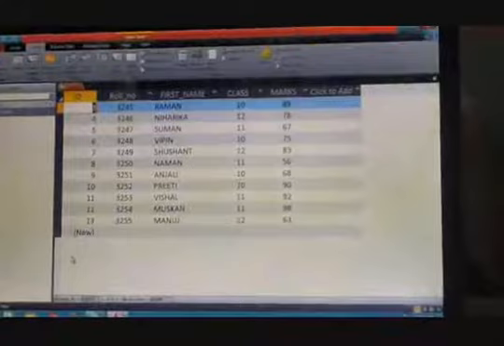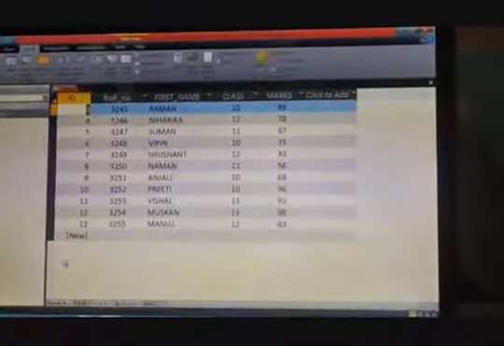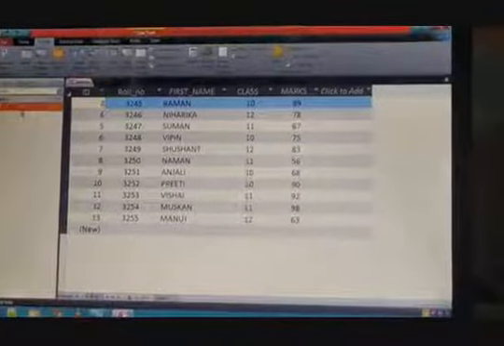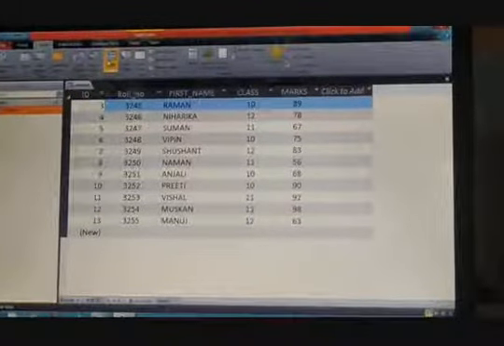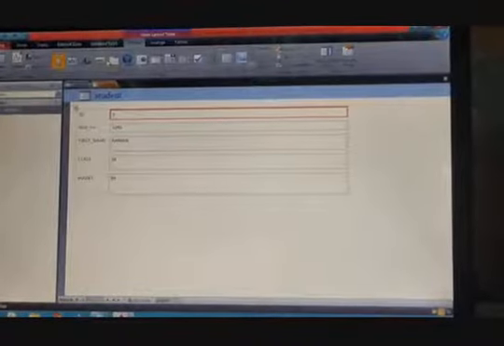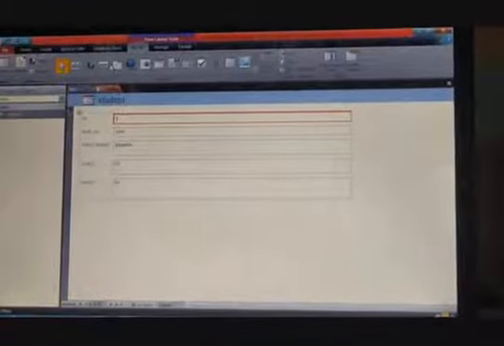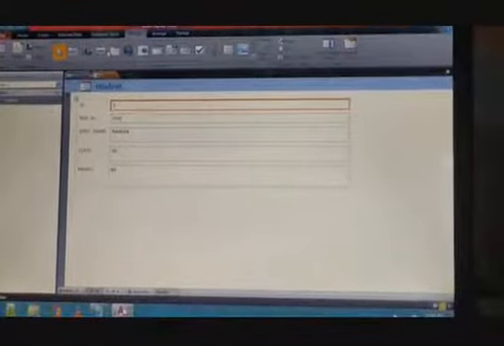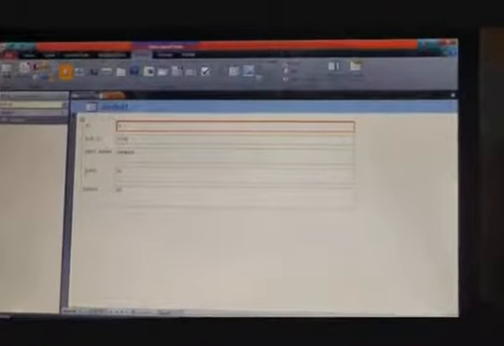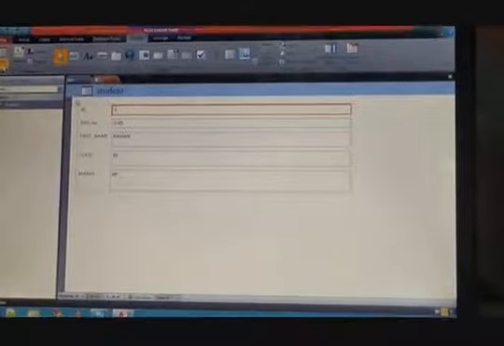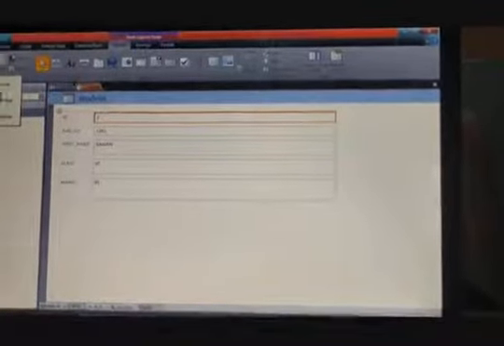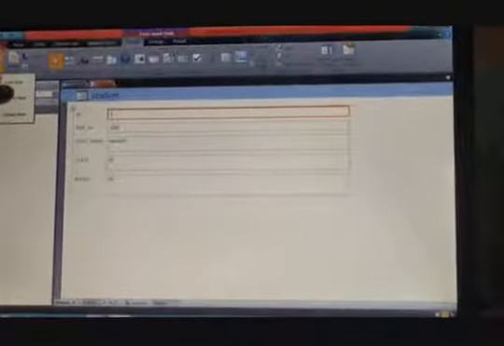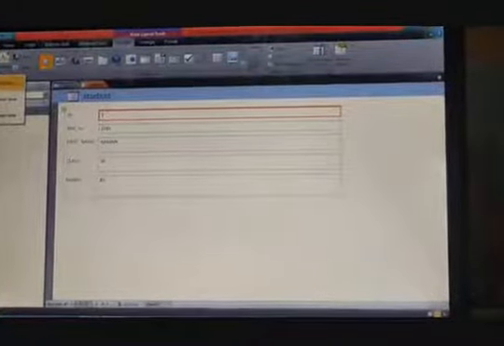Now this table is renamed student. Now you have to select this again and click on the form option, just like that. Now you can see that your table records come in the form interface like that. Now you have to click on the view option in the views group. Click on the view option and go to the form view. These are the 3 views, that is form view, layout view and design view. You have to select the form view and click on it.